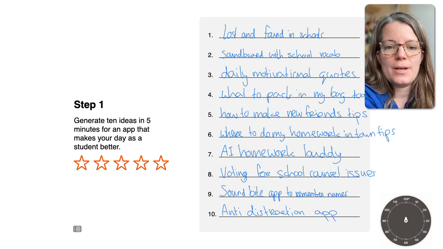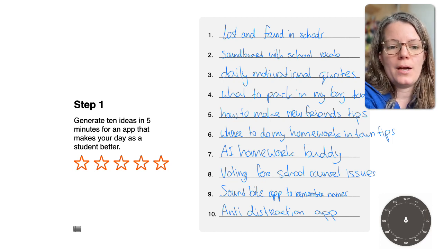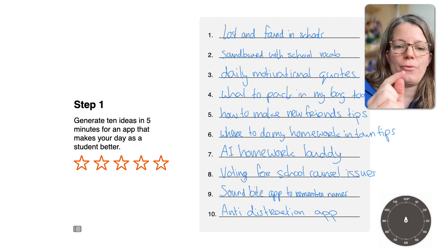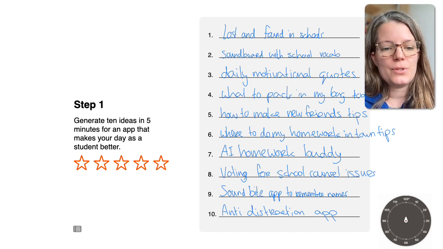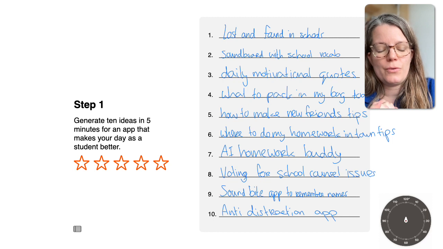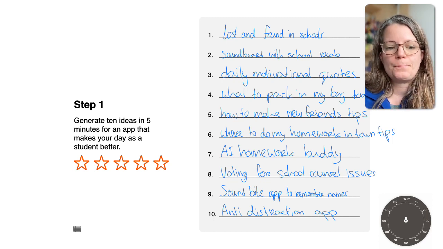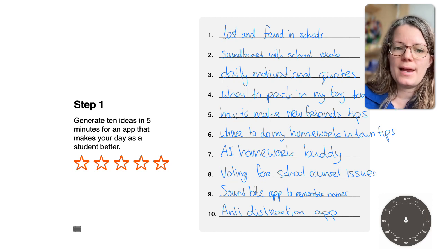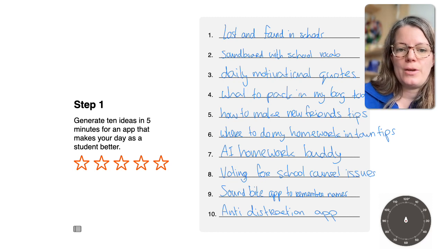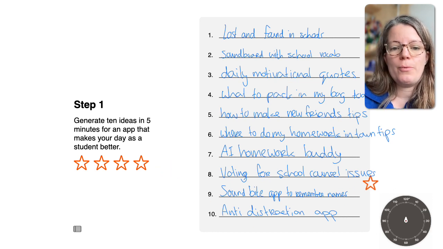And now we're going to narrow that down to one idea that you and your classmates like best. So you see those little 5 stars there. Show your ideas to one of your classmates and let them drag a star next to the idea that they like best. And so if you ask a couple of different people, then you should have a bunch of different